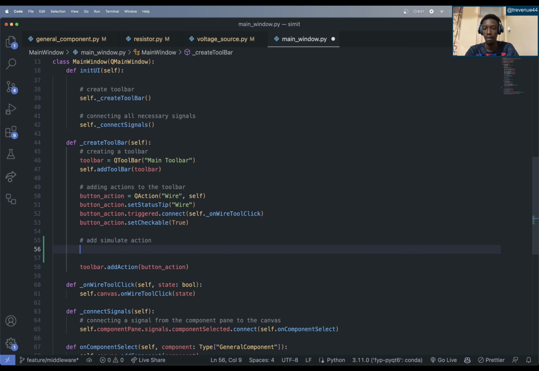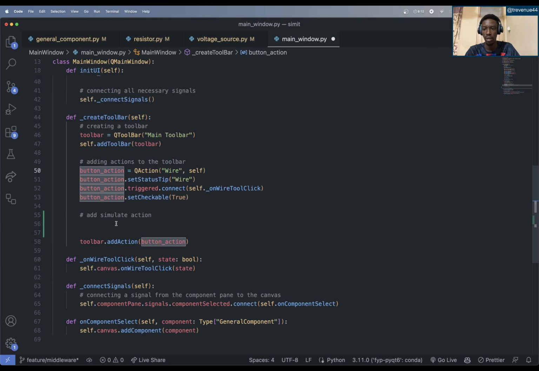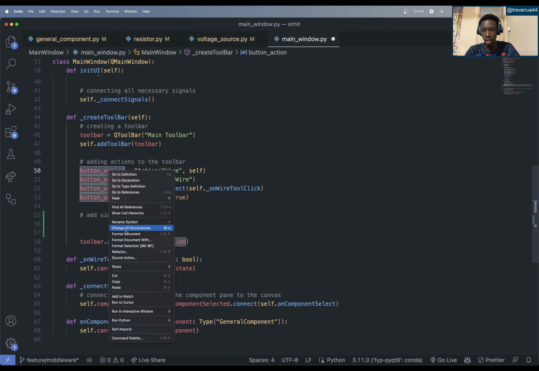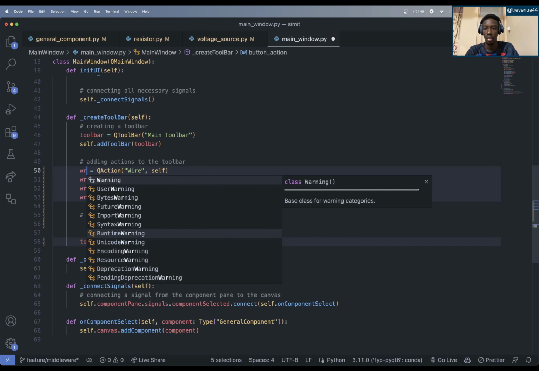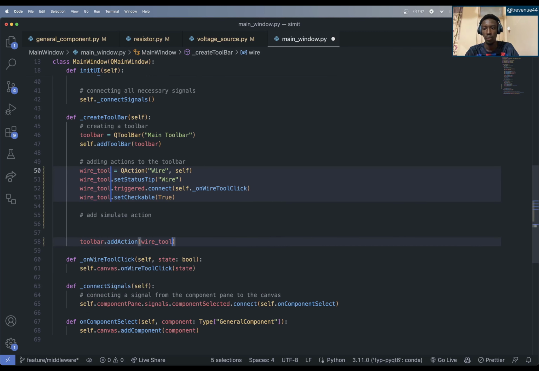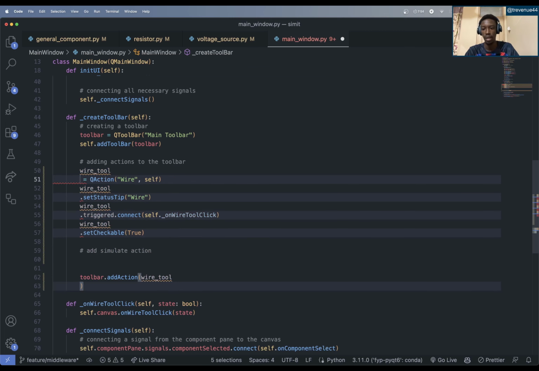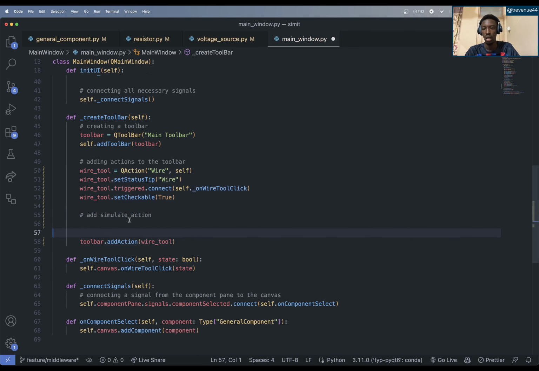So should I call it button action? Weird. I think I should call this one wire action or something. Refactor, change all occurrences, wire action, wire button action, wire tool. Yeah, that's better. Yeah, and this will be like simulate button,